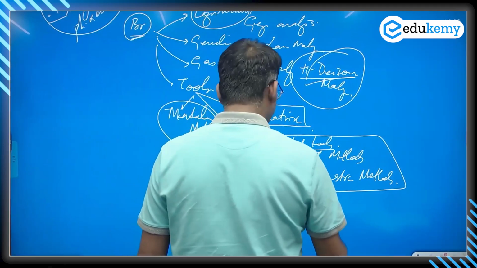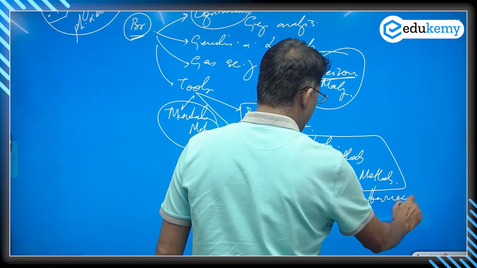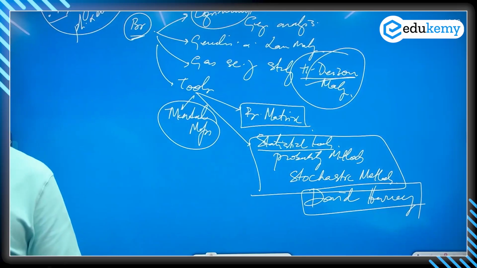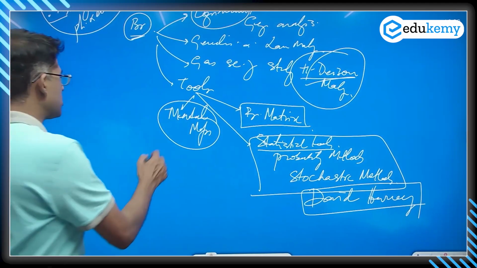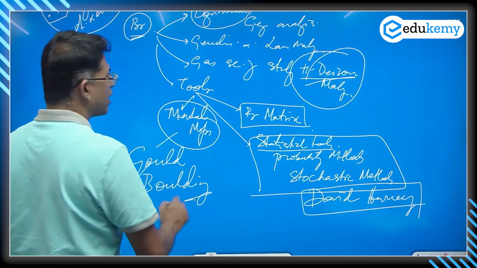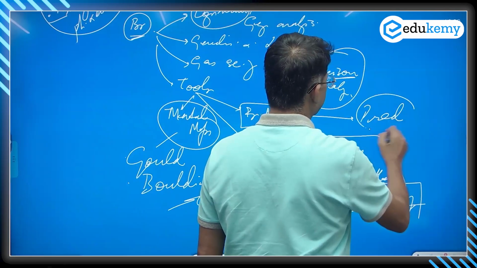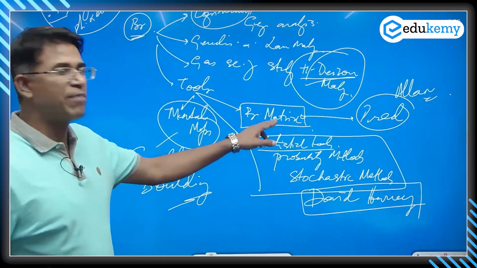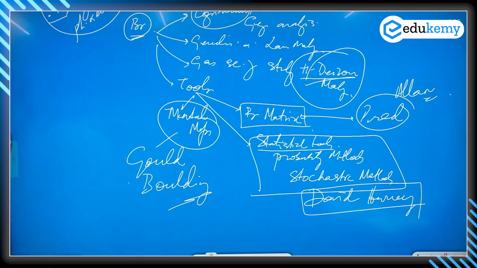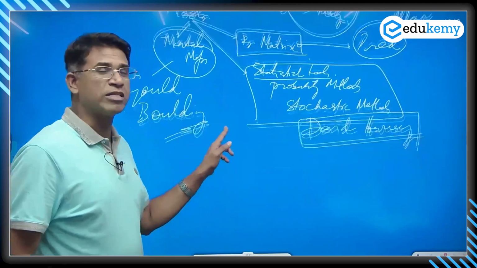Very important work here was done by David Harvey, the same man who ultimately becomes a radical geographer. A mental map was done by Gould. It was done by Boulding, and the behavioral matrix was by Allan Pred. Now this can be one question, so I'll discuss this concept in brief. What is the behavioral matrix? That's about behavioral geography.